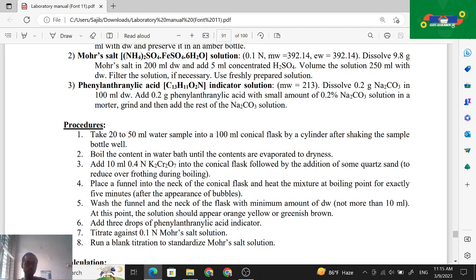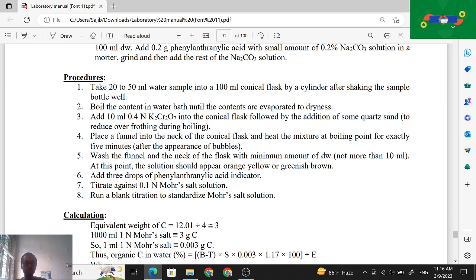Phenylanthranilic acid, C13H11O2N indicator solution. Molecular weight is 213. Dissolve 0.2 gram in 100 ml of 0.2% Na2CO3 in DW. Mix 0.2 gram phenylanthranilic acid with a small amount of 0.2% Na2CO3 solution in a mortar, grind, and then add the rest of the Na2CO3 solution. Then in the procedure,